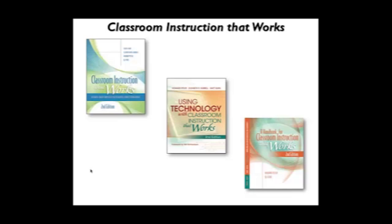The blue book on your screen right now I believe is something you should start with. If your budget only allowed you to buy one book, that would probably be it. But I'd strongly suggest that at least you have 1 or 2 copies of the other 2 books in your building,